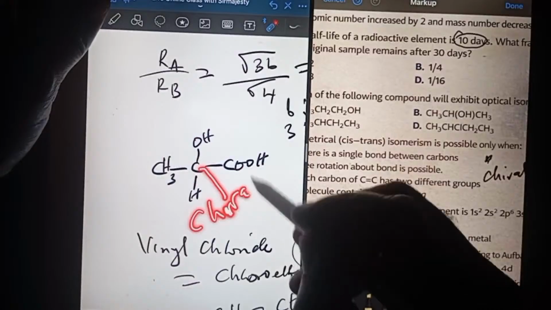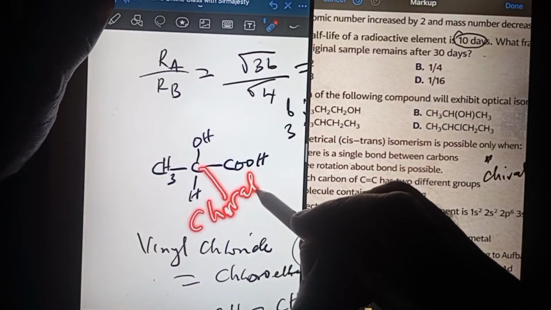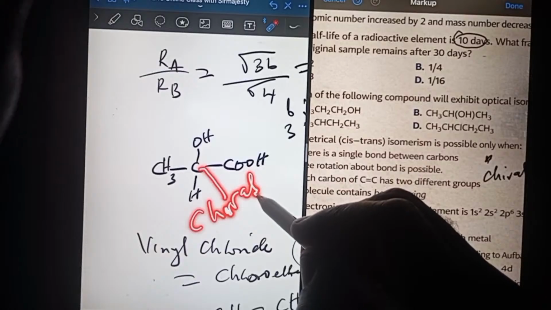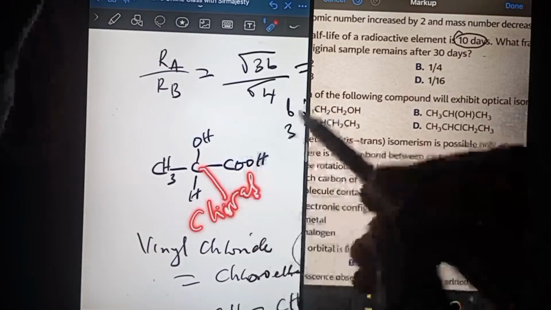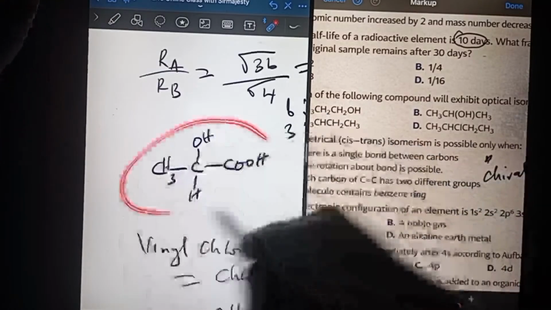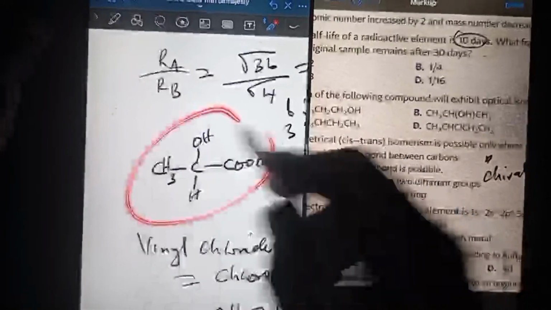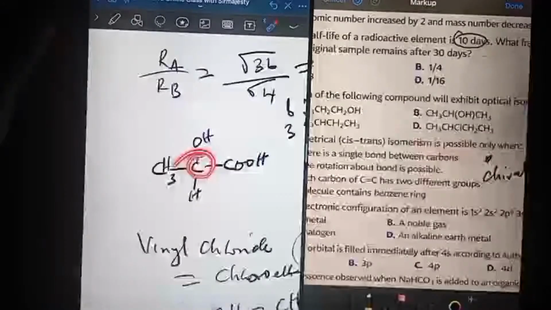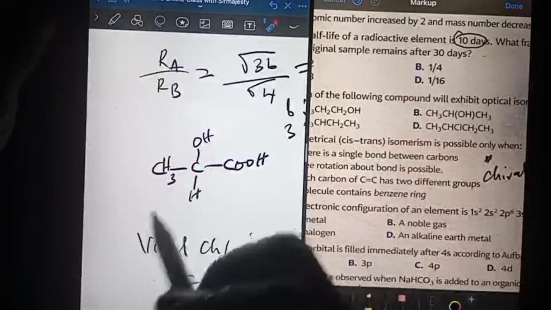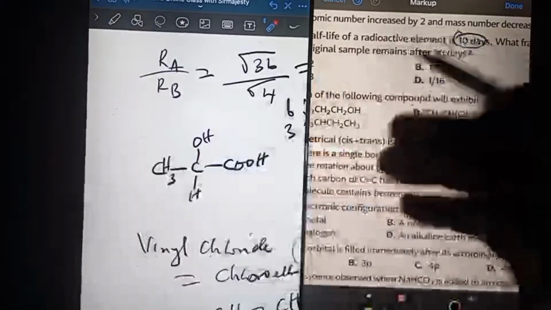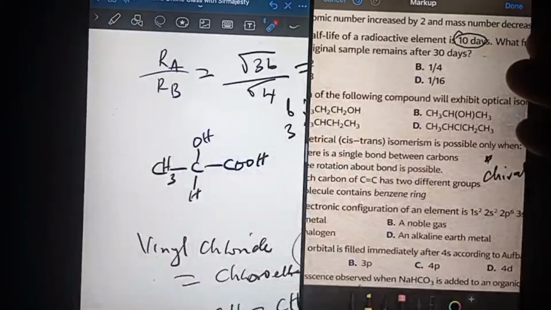We can call it a chiral center or stereogenic center, though they are not exactly the same, but sometimes we can use them synonymously. So this particular molecule is optically active. It is very much active. Why? Because there is at least one center. Remember, I said at least one, which means if it has more than one, thank God, it's going to be optically